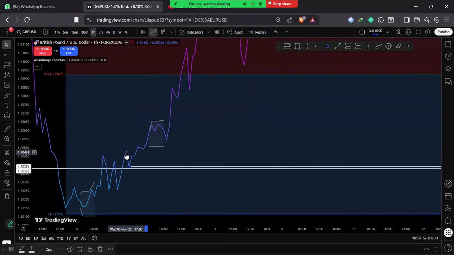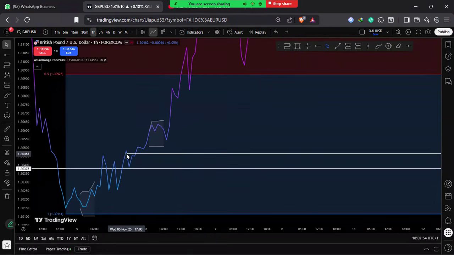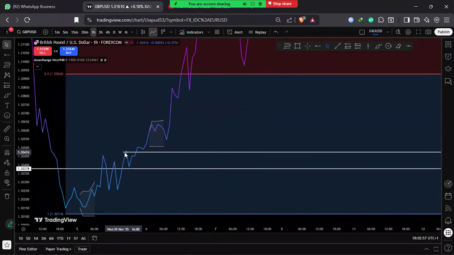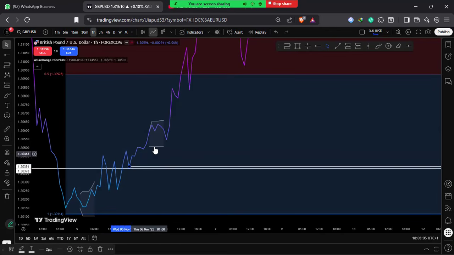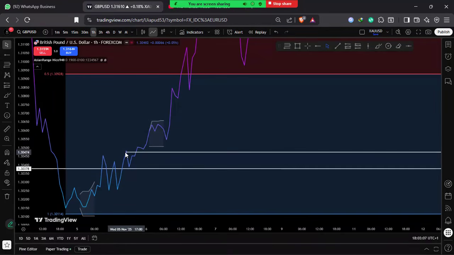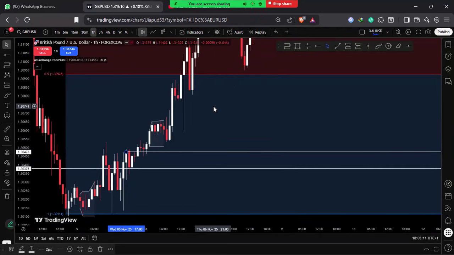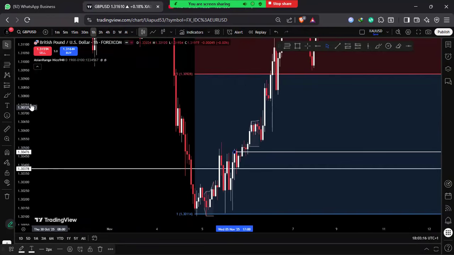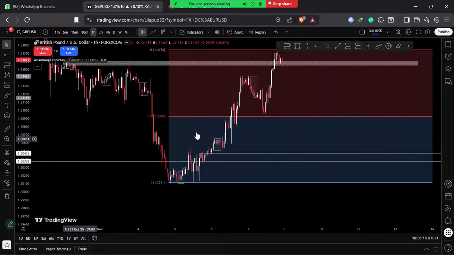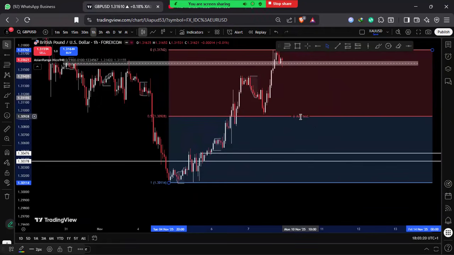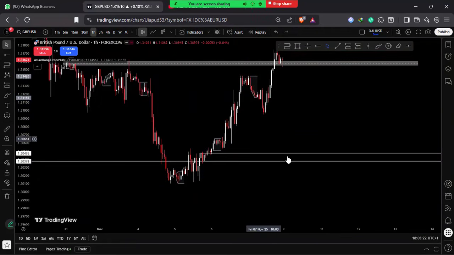Would you ask from here or here? But I will most likely take this one. The reason is that the liquidity from this Asian low is closest to it. It may not come down here. The one that is always closest is where you most likely want to take your trade from. So I will most likely set my entry, let me delete this guy first. My projection from here,